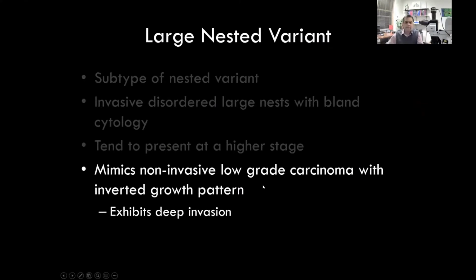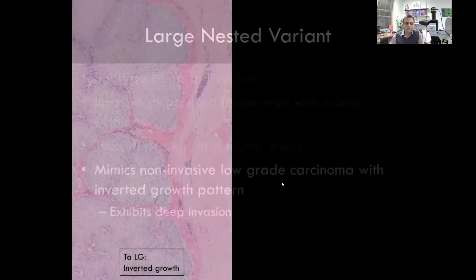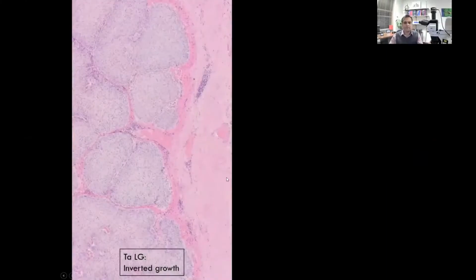So it can mimic the inverted pattern of low-grade urothelial carcinoma, right? Especially in a TURBT, transurethral resection of bladder tumor, which is so haphazard and unoriented, right? It might become a difficult diagnosis. But then again, we look for areas that show deep invasion. So here's an example. You can see that this is a TA carcinoma. This is a low-grade urothelial carcinoma with an inverted growth pattern. But despite its growth pattern, you can see it's still confined to the lamina propria,